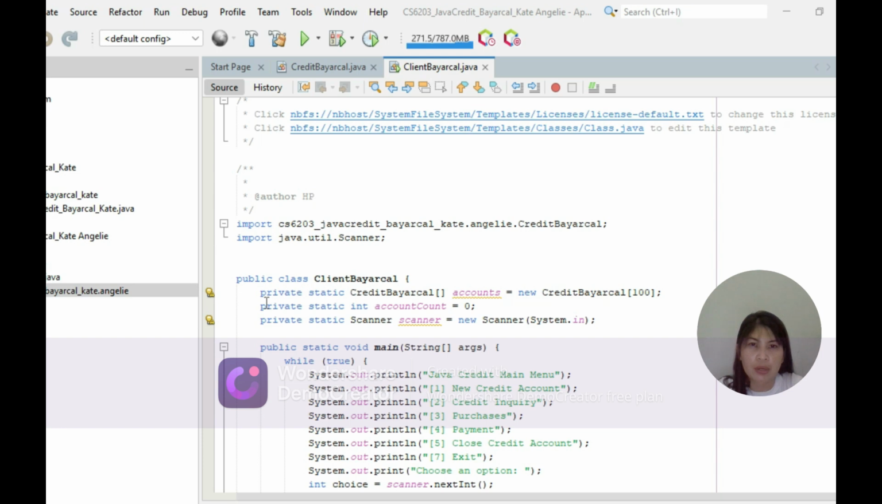private static CreditHierarchy[] accounts = new CreditHierarchy[100]; and then private static int accountCount = 0; private static Scanner scanner = new Scanner(System.in). So before that, I use my file name as cs6203_java_credit_buyer_card, and then import java.util.Scanner;